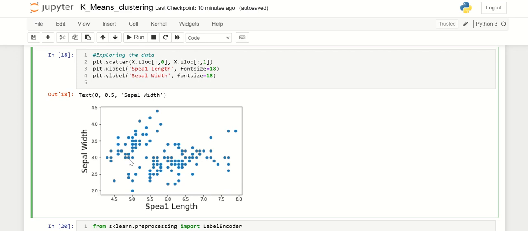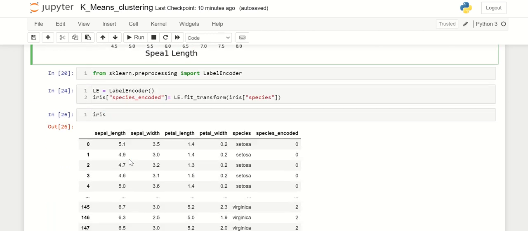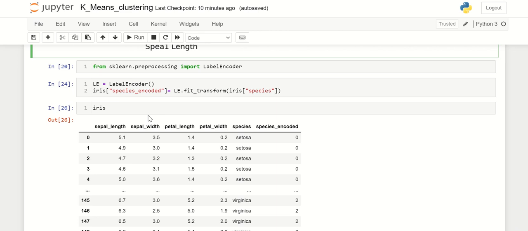So we cannot differentiate which one is setosa and which one is versicolor. For that, we will use a technique, that is encoding the variables that are of categorical type. You can see that species, our output, is a categorical variable, so first we will need to encode it with the help of a label encoder.